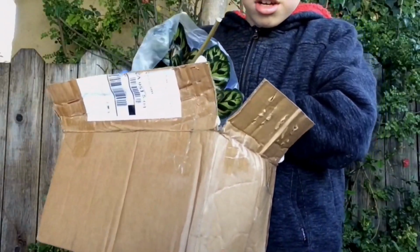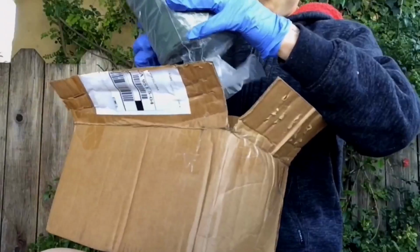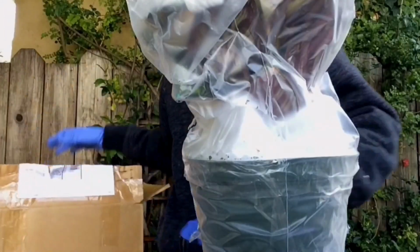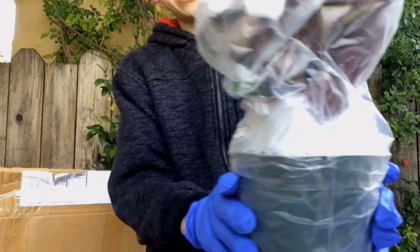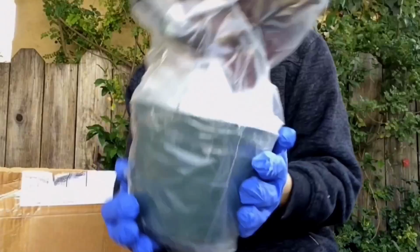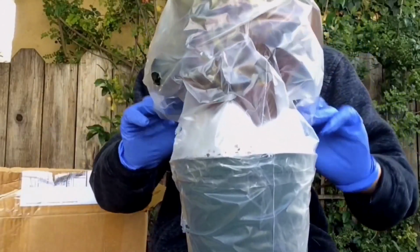Alright. So we got the plastic wrapping again, and then we got the foamy stuff wrapping again. Ooh, we got soil pouring out from the bottom. That's okay, because it's not that much soil. If the plant was flipped, then I probably would have been really pissed. I probably would have returned it, but